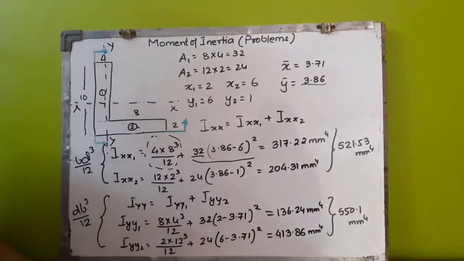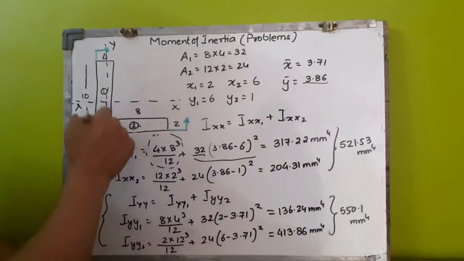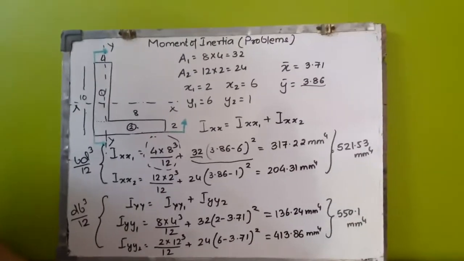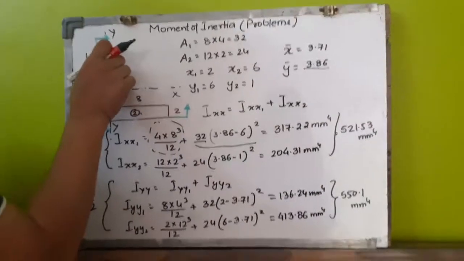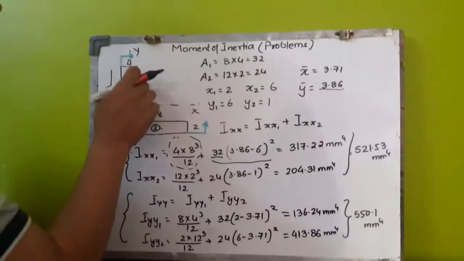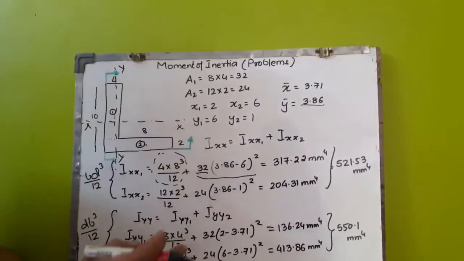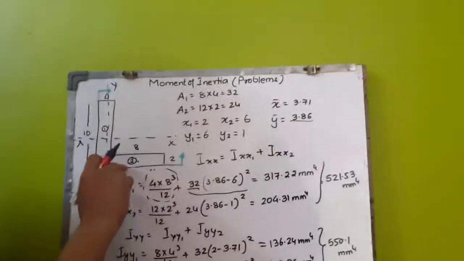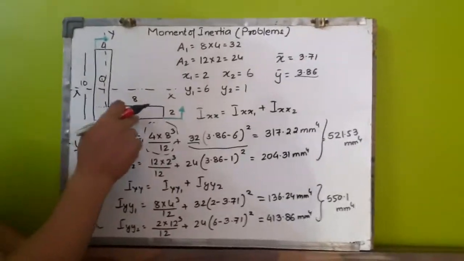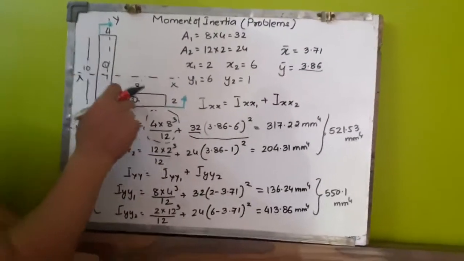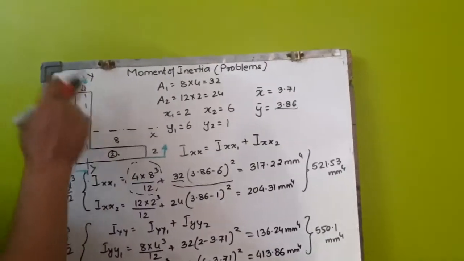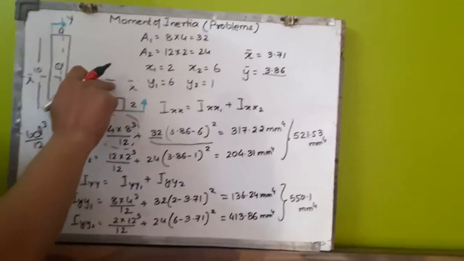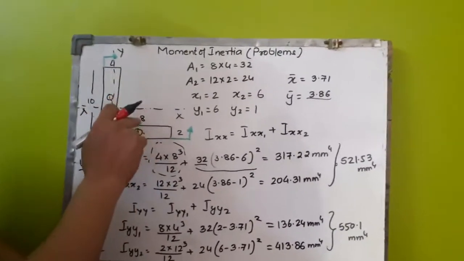If you find out Iyy about this centroidal axis. So again about this centroidal axis, you can see that there are three centroids. One is centroid of this about y-axis or about x-axis, because Iyy is actually integral x square dA. So this you have values of x also. If you see about this also, you have some values of x. There are two centroids of these two individual rectangles, and you have one composite centroid of this entire structure. So we need to find out about this entire structure.